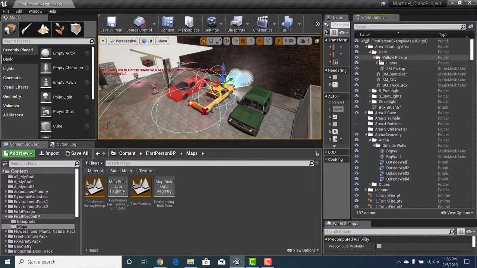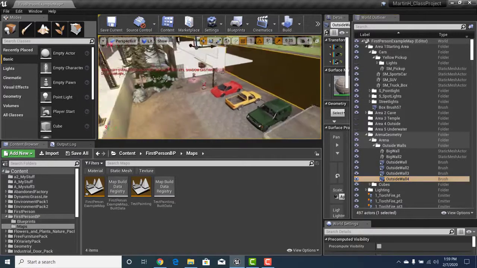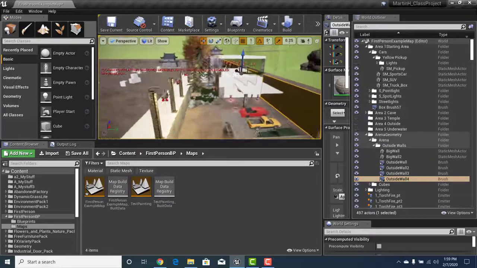And now I have the pickup. I have the lights for the pickup. So I can turn the lights off without turning the pickup off. Right? And it makes it very easy. I can just go to that one folder and turn it on and off, and not have to worry about selecting everything. No, it's just one button now. Okay, so with that, go ahead and start